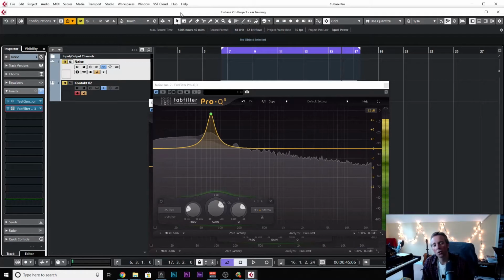Okay, so ear training for producers and mixing and mastering engineers really comes down to what's called critical listening. And what critical listening is, there's a couple things. One thing is being able to dissect a track. And what that means is being able to hear whatever instruments are in a track,